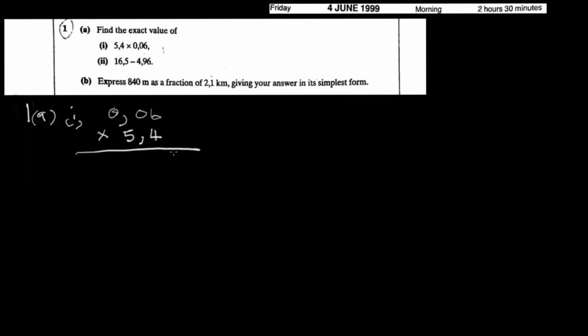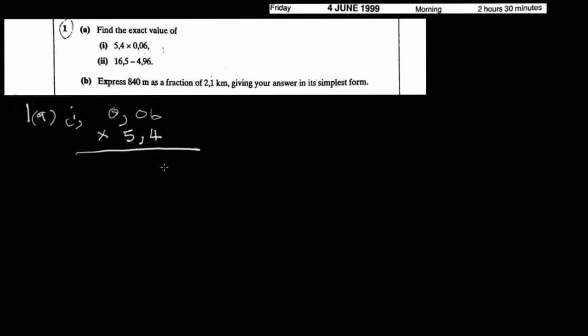right? Which is correct, because in mathematics, multiplication does not mind how you arrange the numbers you are multiplying. Only division and subtraction do mind how you arrange the numbers, but addition and multiplication, it does not matter how the numbers are arranged. So let us work it through this.